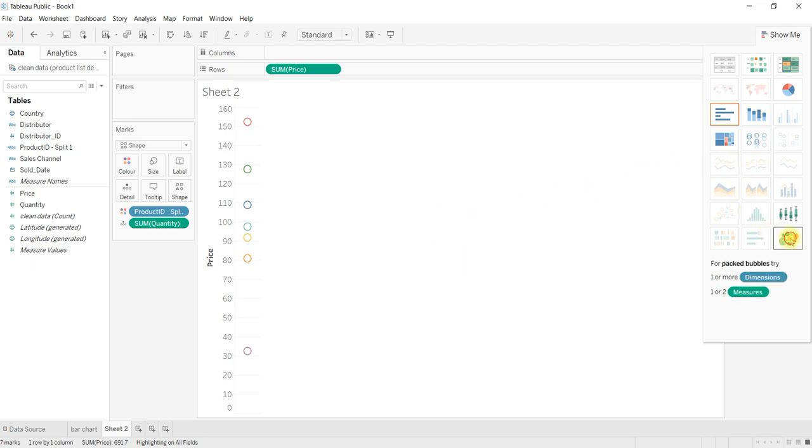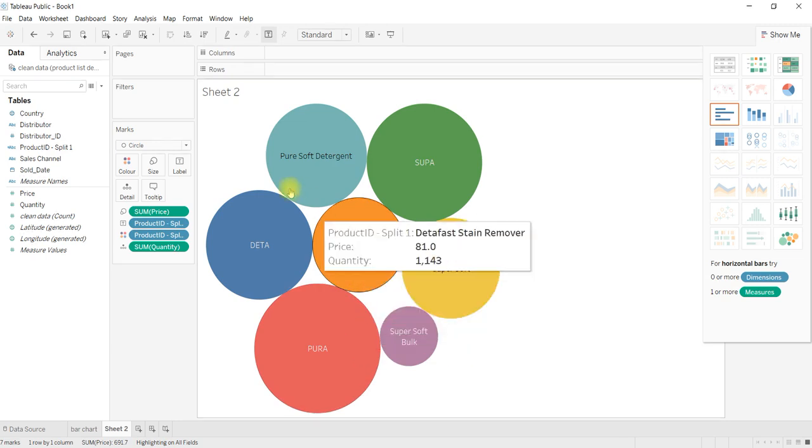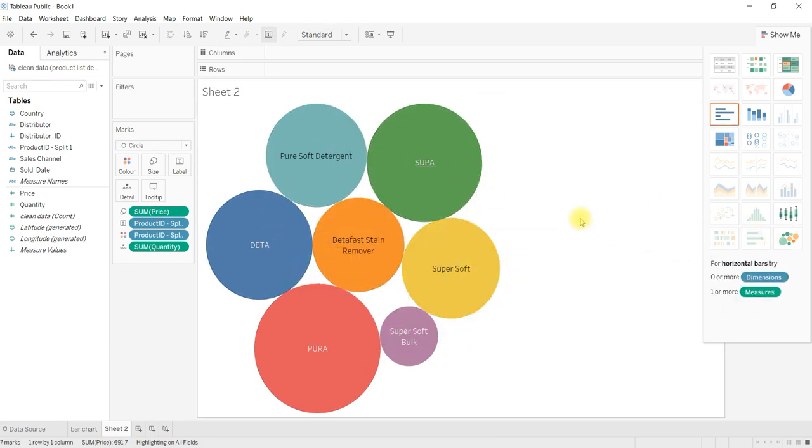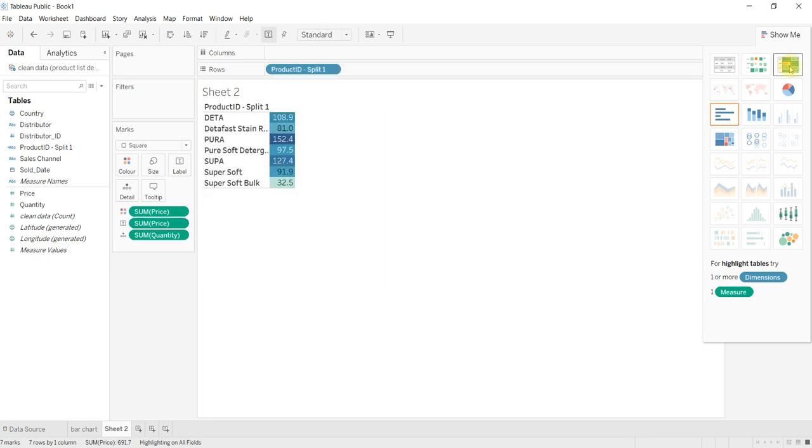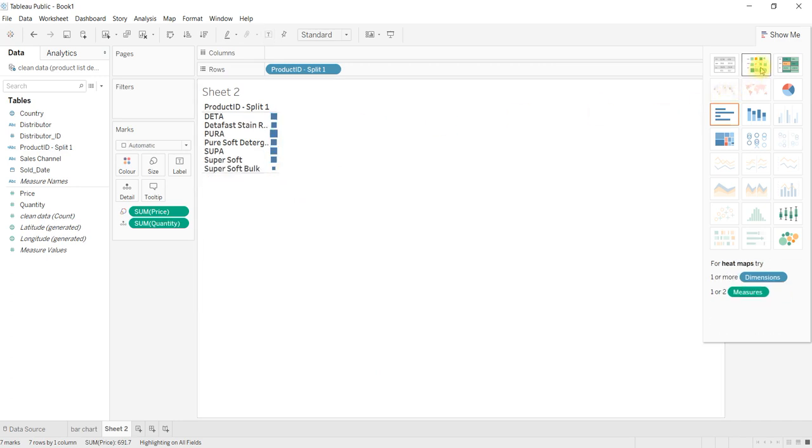Similarly, this bubble chart you can use like this. Round, it will be changing based on data. Similarly, if you go to this one, the table with a different color. If you selected this one, the size of this particular bar changes based on quantity.